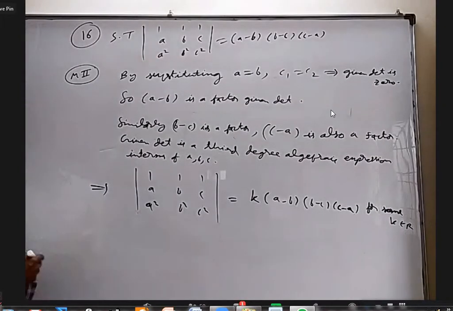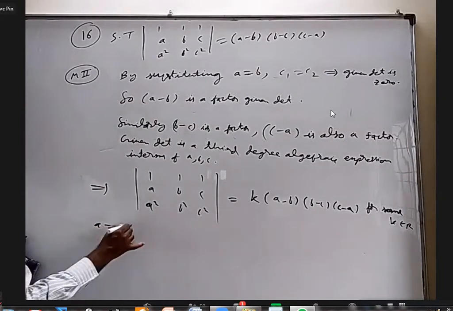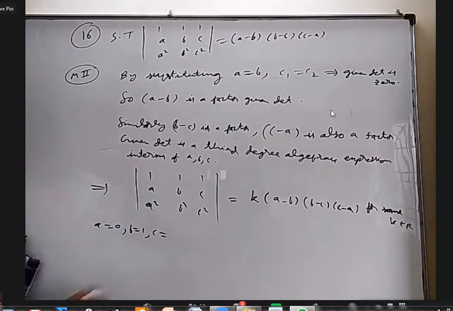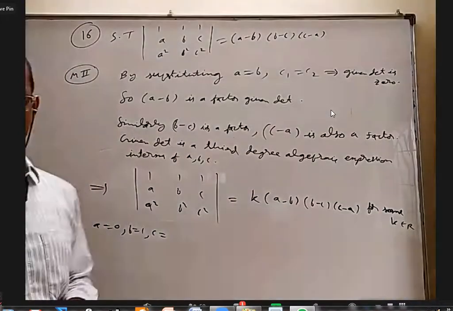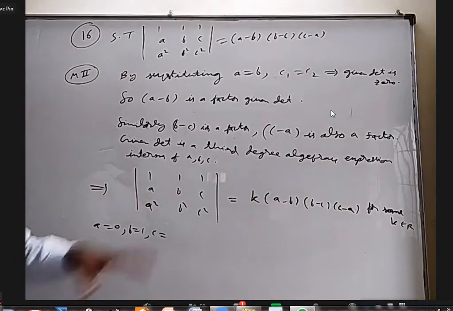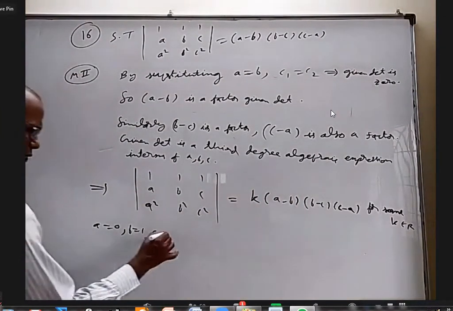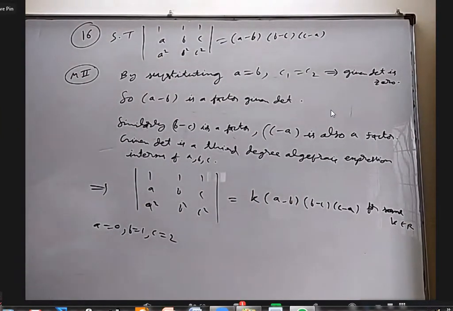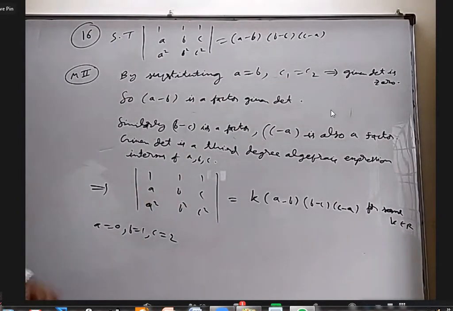Okay, how to prove that? If somebody wants to tell some numbers, okay, I'll take A equal to 0, B equal to 1. I cannot take any two numbers the same because then 0 equal to 0, I'll not be able to find K. I have to take some ABC values where this is not 0, this is not 0. I'll take 0, 1, 2. Is it okay? And somebody substitutes A equal to 0, B equal to 1, C equal to 2, find LHS and RHS.